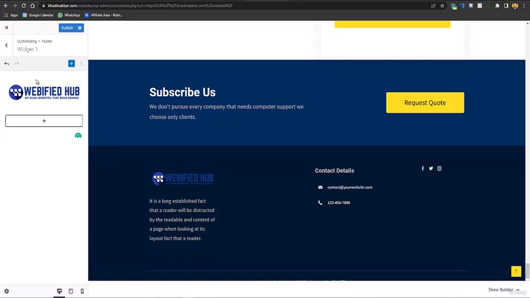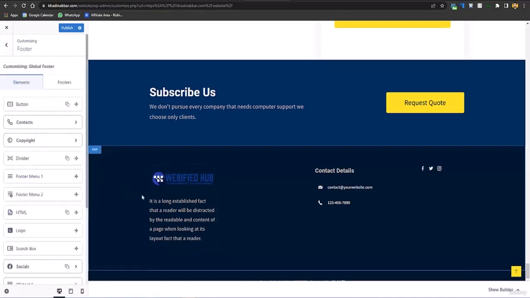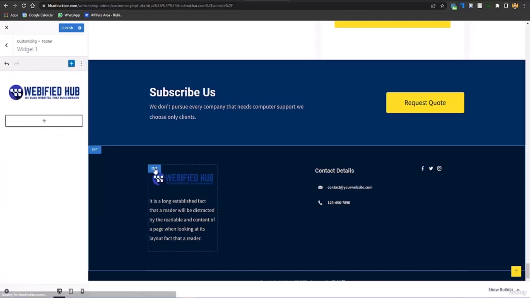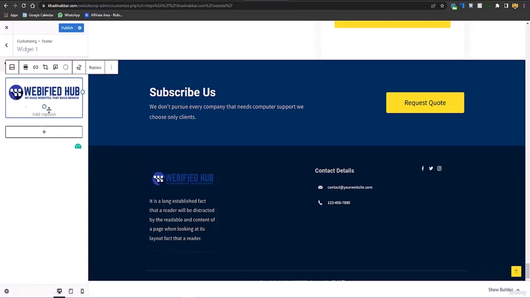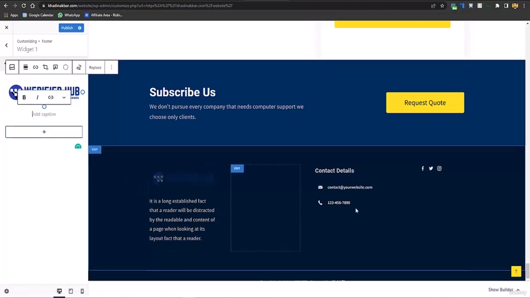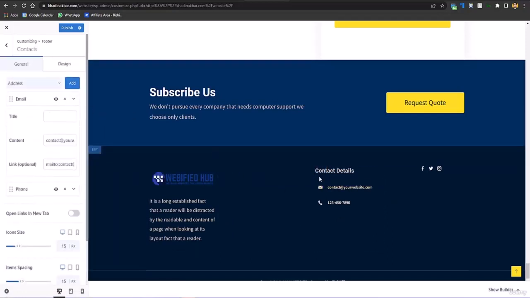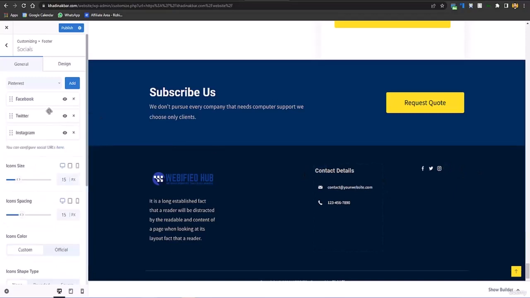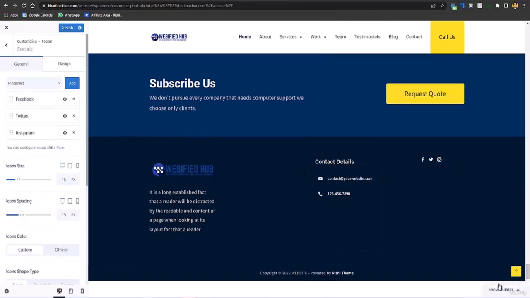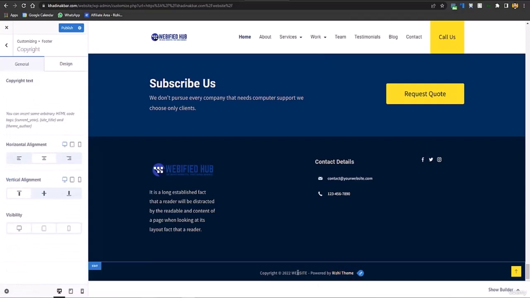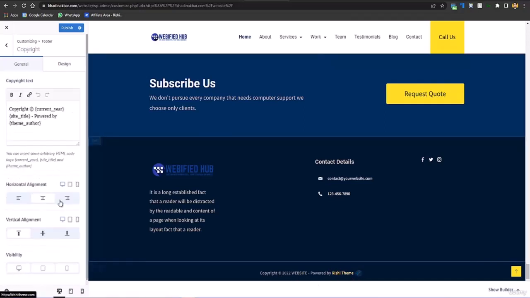And now we would have to change this text. Just click there and we can just change the caption and text here. Okay, and to change the contact details, go there, and the same process, you have to change the email and that, and social icons, the same process. And at the end here you have to copyright the website. Okay, and accept theme author. Here you have to enter the company name. I'll enter Webified Hub,